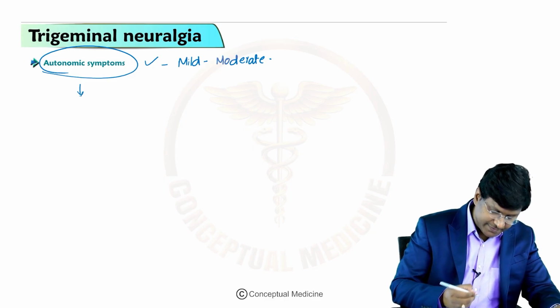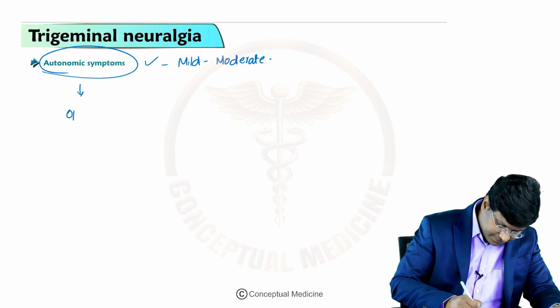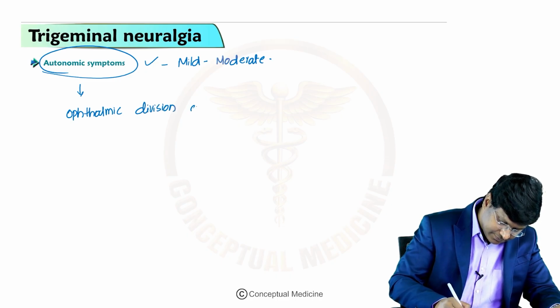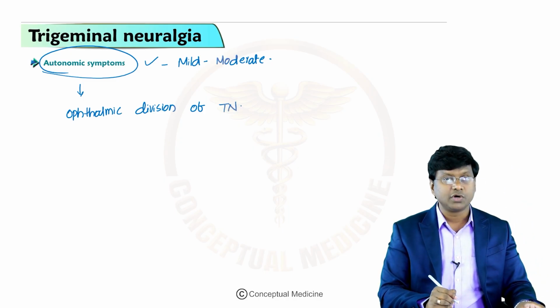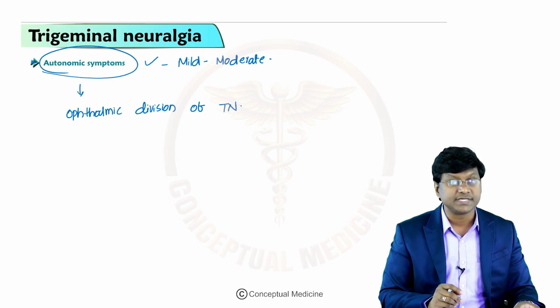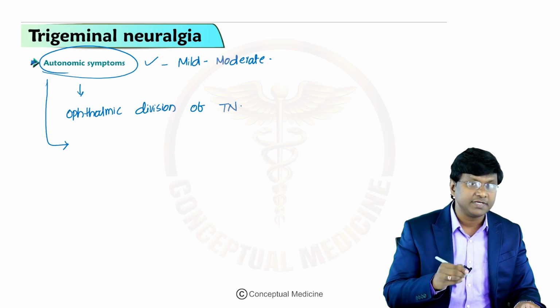So, across which particular distribution do you have these autonomic symptoms? Across the ophthalmic division of the trigeminal nerve, you have the presence of these autonomic symptoms,